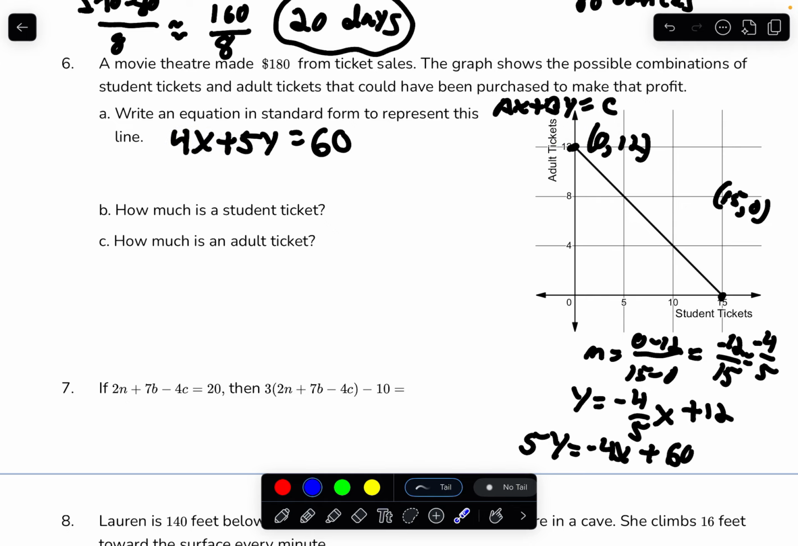How much is a student ticket? All right, the student tickets are x. Student tickets are, this is the $5. How much is an adult ticket? All right, so the adult tickets are the y, and for what, oh, I'm sorry, the student tickets is not 5, it's 4, because it's